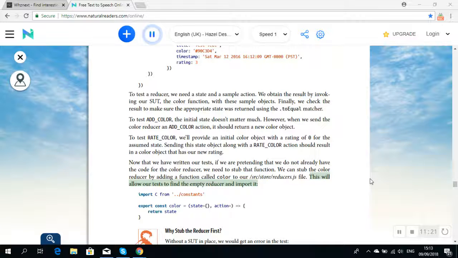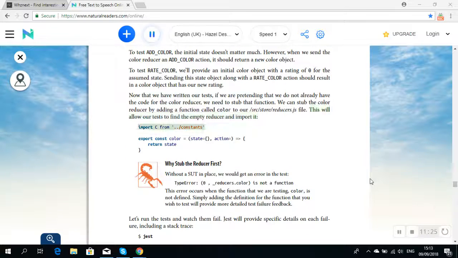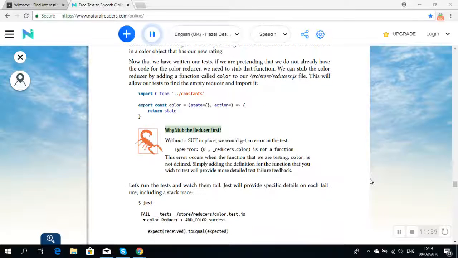This will allow our tests to find the empty reducer and import it. import C from './constants'; export const color = (state = {}, action) => { return state }